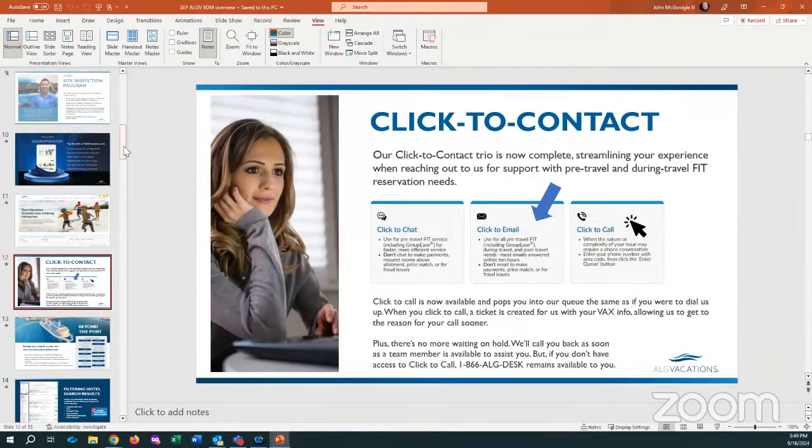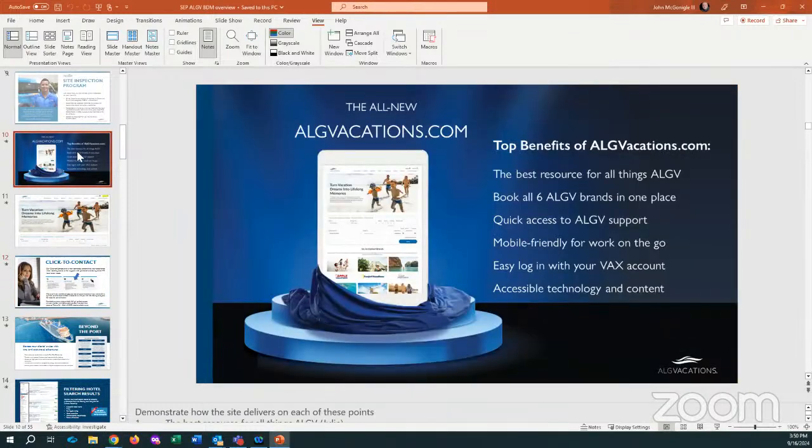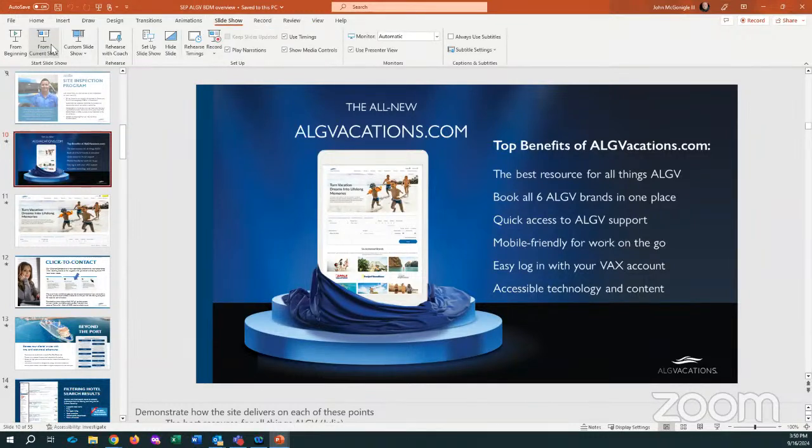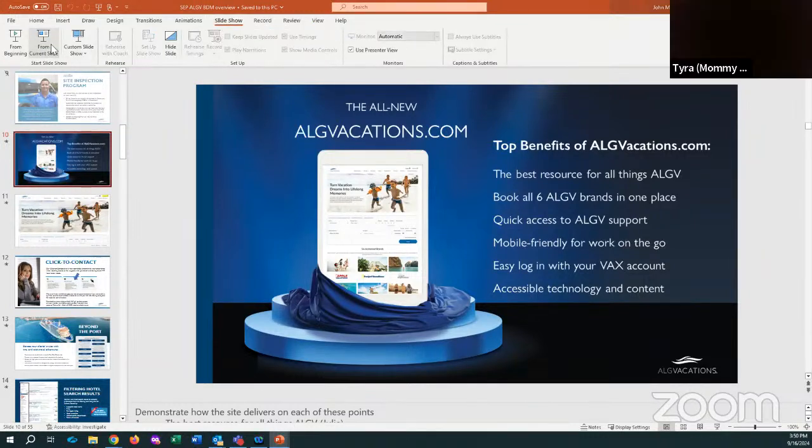Okay, bear with me here. Am I sharing with you or not? Are you seeing anything on your screen? Yes, we're seeing click to contact. Okay, so let me go back to this one. It's weird for whatever reason, the presenter mode's not letting me. I think it may be an issue with the PowerPoint software, because this is the second time within the week we've had the same exact issue.